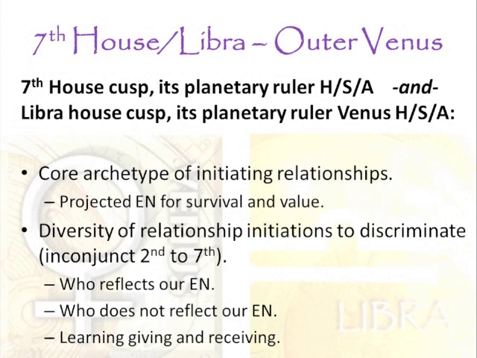Because as we're going through these relationships and looking for who meets or who does not meet our needs, that not meeting our needs is the lack. This person doesn't meet my needs. And I'm recognizing this through my interaction with them. It also sets up those lessons of learning to give and receive. But first of all,